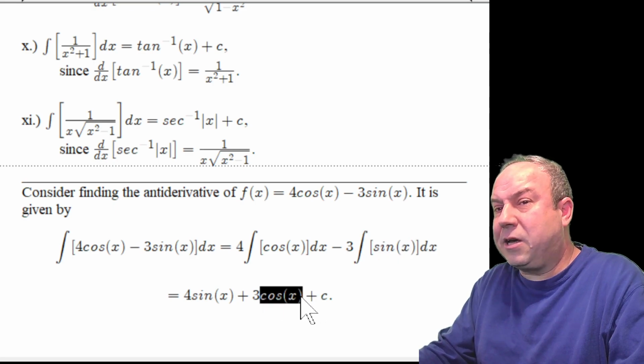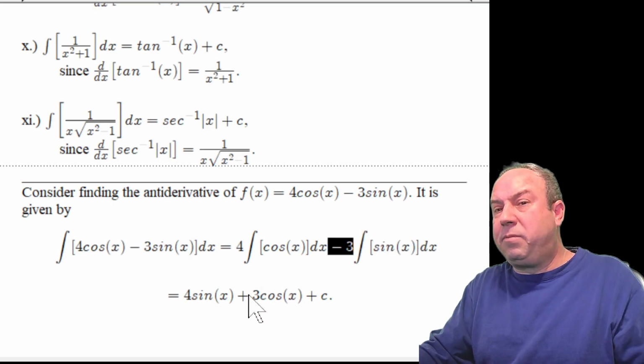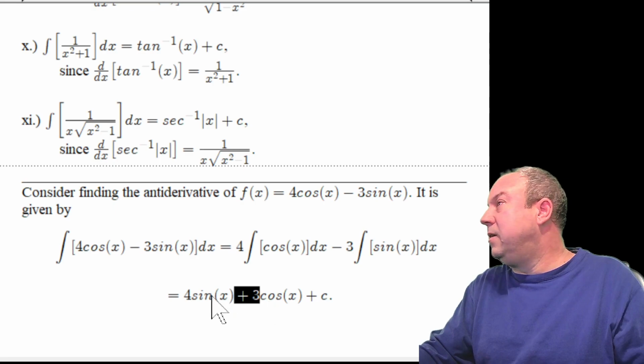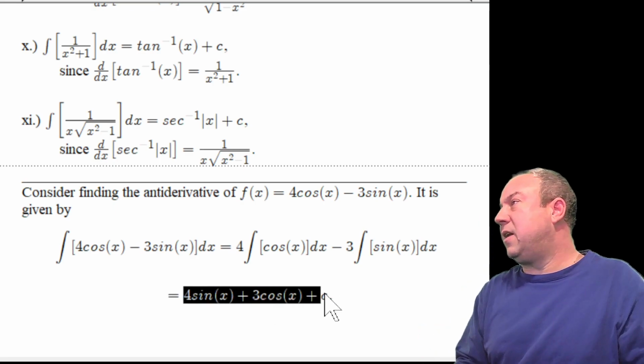Now, opposite cosine x combined with this minus 3 will simplify back to positive 3. So we end up with the antiderivative result 4 sine x plus 3 cosine x plus c,